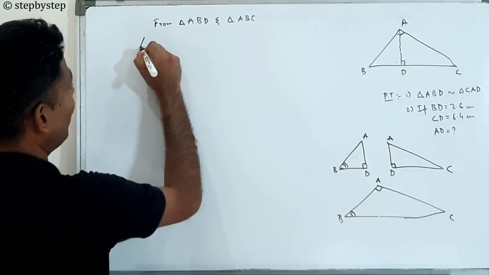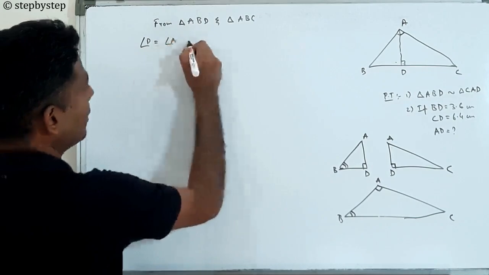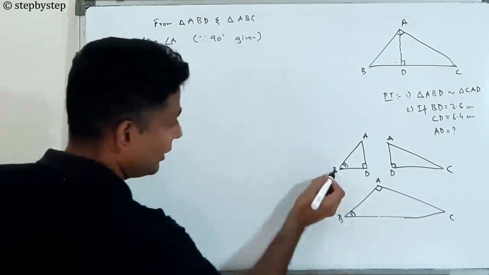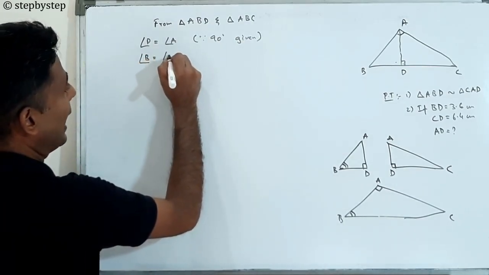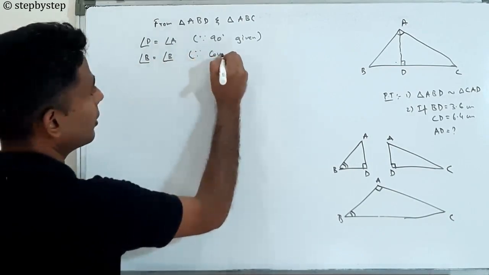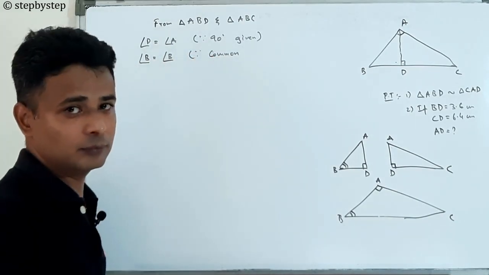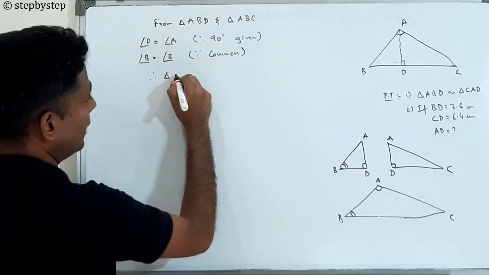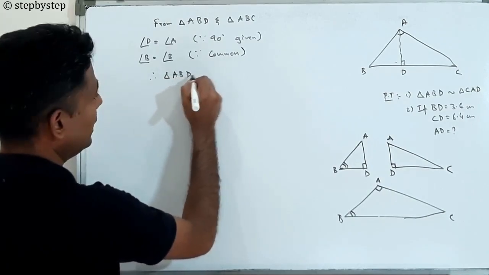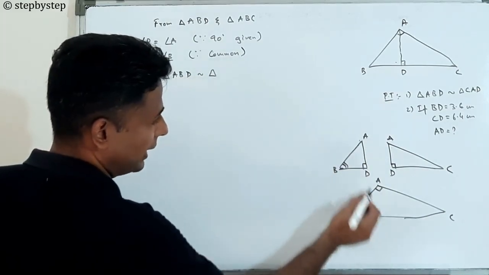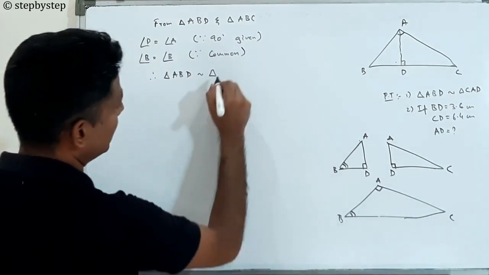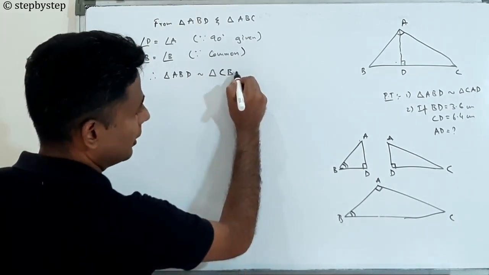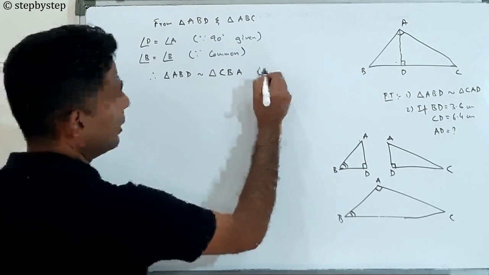So we got two angles equal, which means this is similar to the whole triangle. So first what do we have? Angle D equal to angle A, because 90 degree given, right? Next we have angle B equal to angle B because common. Alright? So therefore triangle ABD is similar to triangle. I started with A, which means I should start with C over here, because these are the corresponding points. C, B, A. Why? Double A